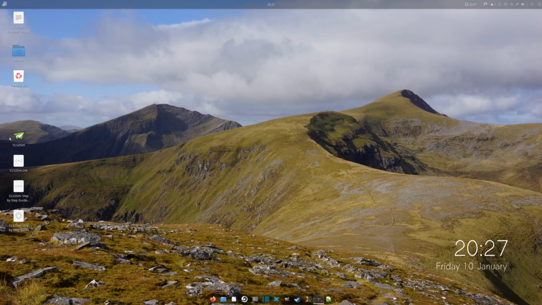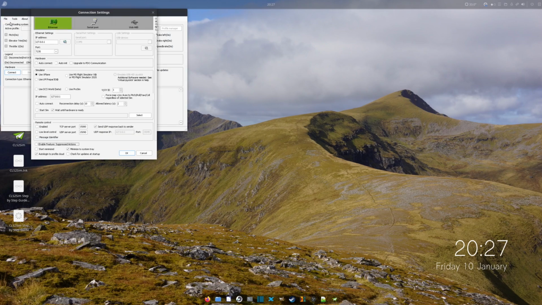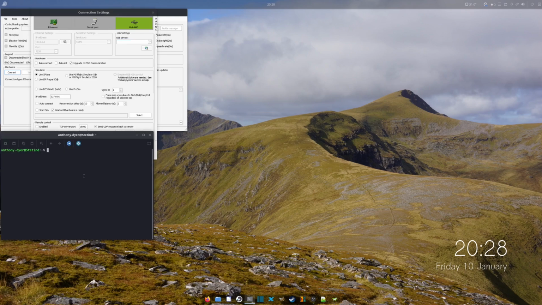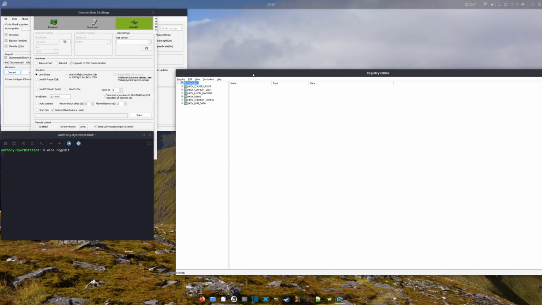So now that we've rebooted, let's just run the Brunner CLS2Sim application again. We go to File, Settings. You can still see there is no USB device. There is one thing which is missing. Let's go into here and let's type in wine reg edit. So we still have a Windows registry for items related to Microsoft Windows in terms of wine. So what we need to do